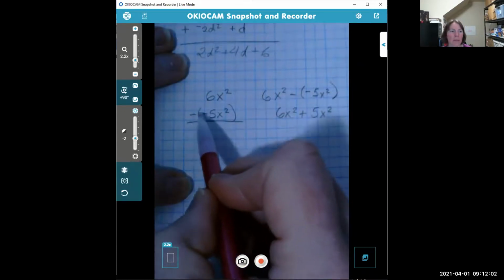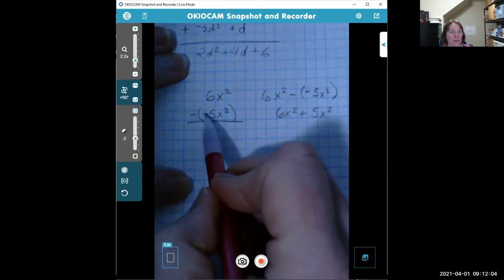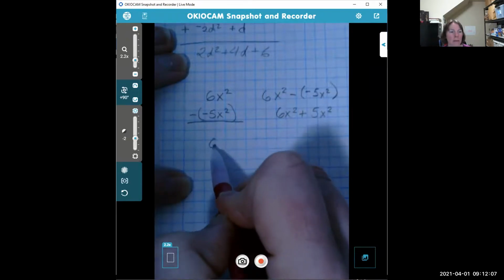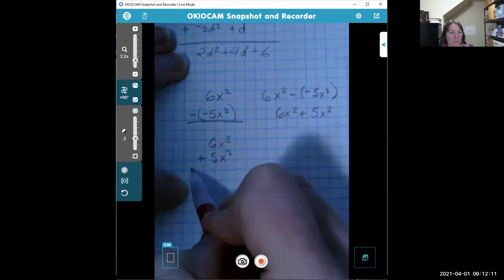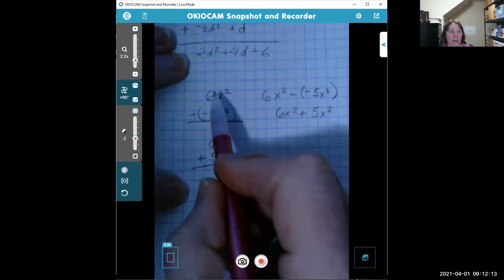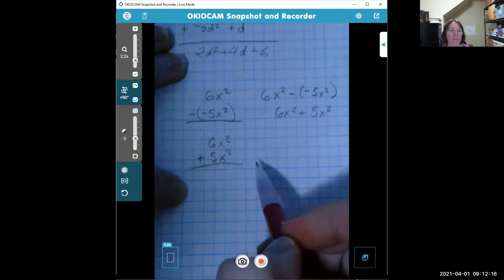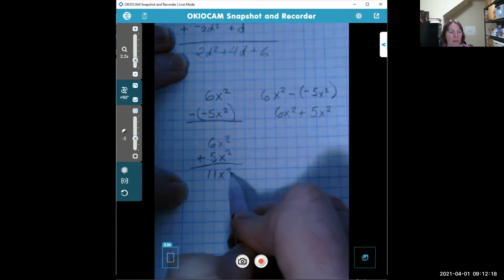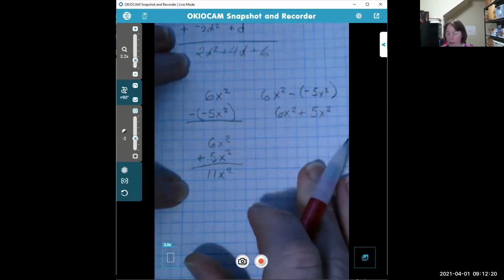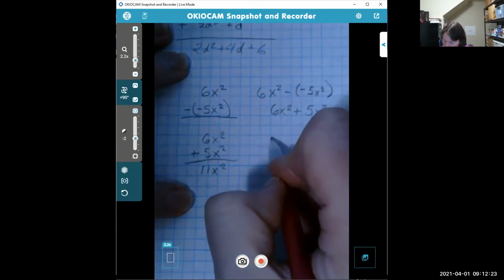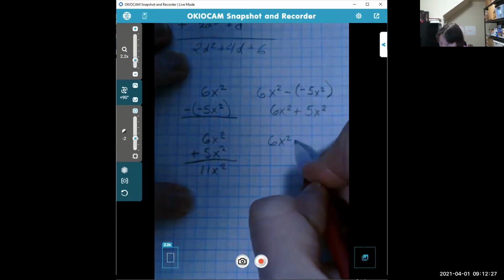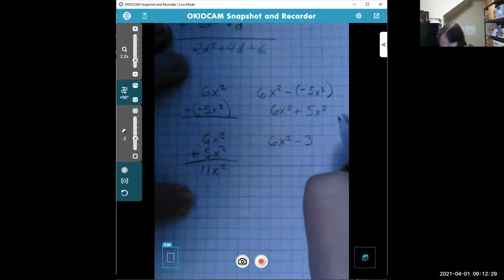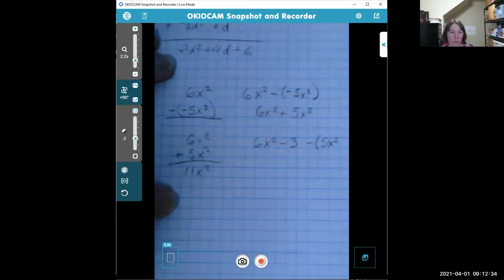And so the same thing happens here. They're right next to each other. So this is the same as 6x squared plus 5x squared. And either way, and this way too, and this way too, all of these ways, you're going to come out to 11x squared. The thing that gets a little more challenging is, now if I say that it's 6x squared minus 3 minus 5x squared, sorry, I'm going off the edge of the paper there,